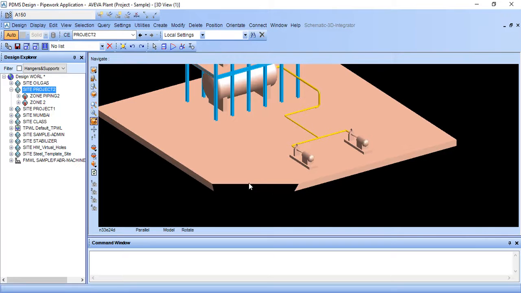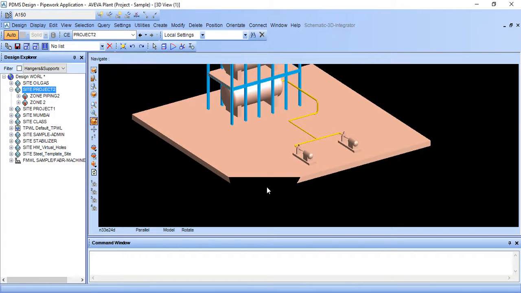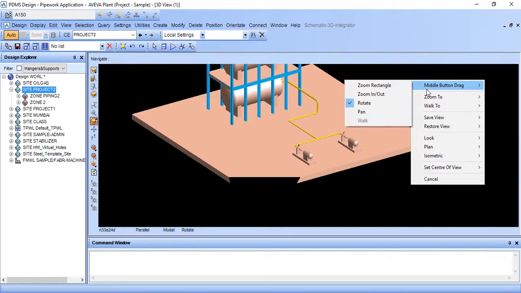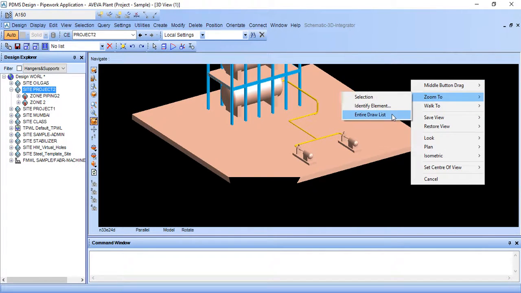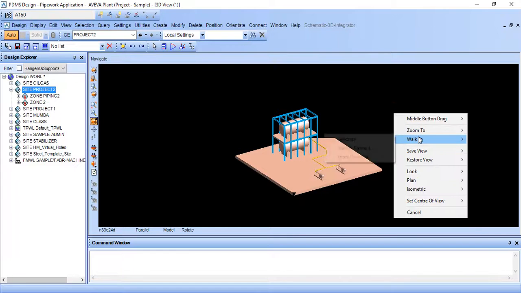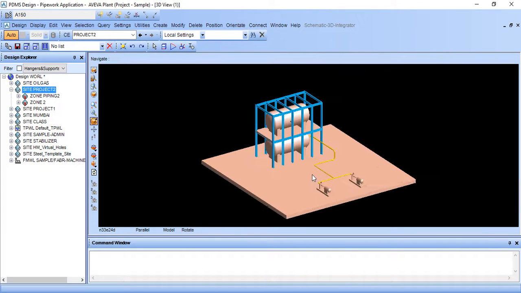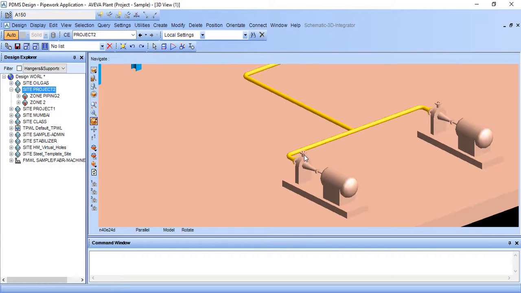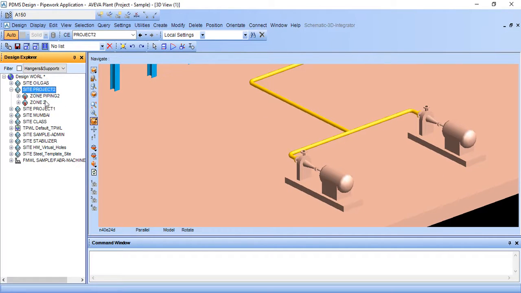If this kind of error or this kind of drawing occurs, just right click, go to zoom, entire view, walk through entire view. So it will come up like this, and then go to piping zone. Here I have created a suction pipe.